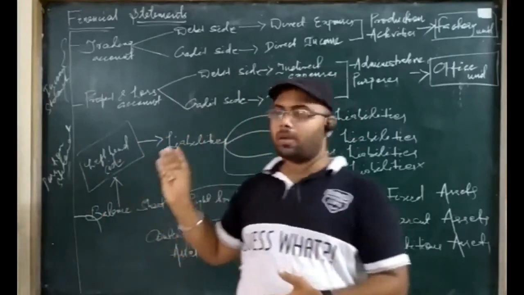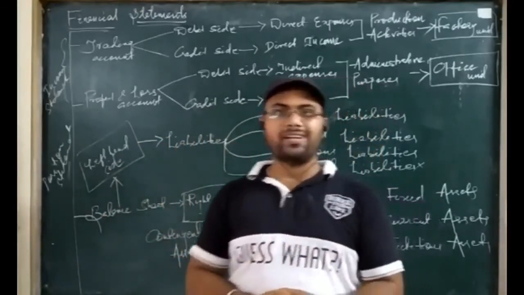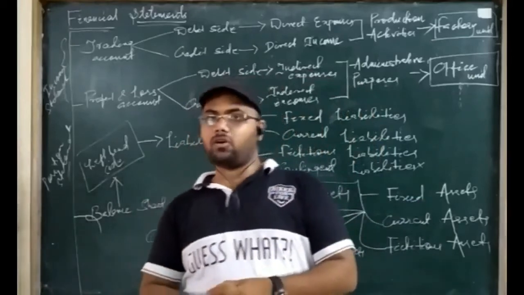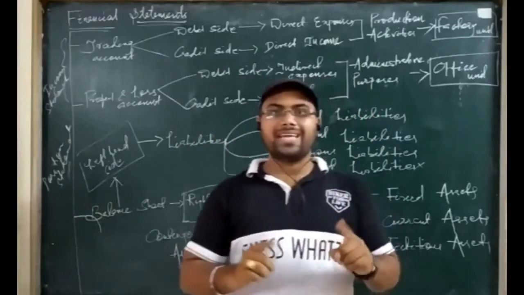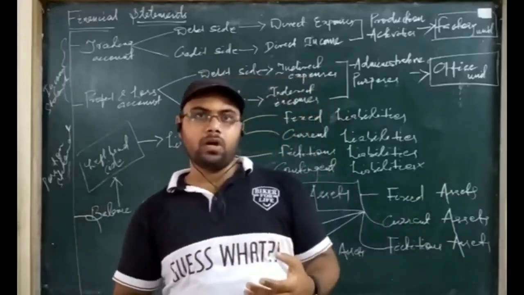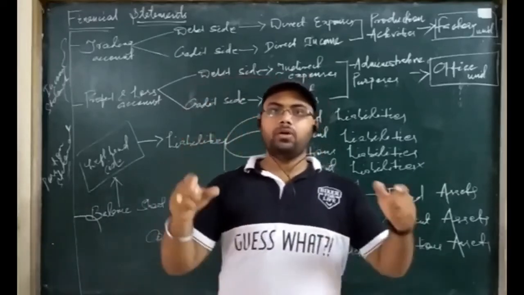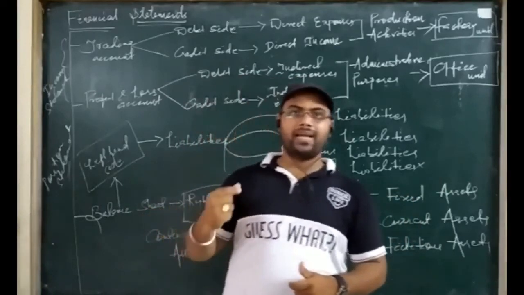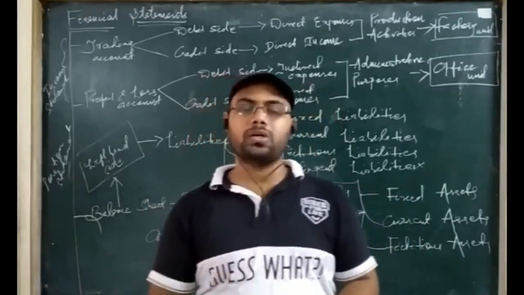Okay, so this is all about the short introduction of the financial statements that you prepare under final account. This will be prepared also under final account with adjustment, but the items or the volume of the transactions will be much higher than in this chapter. So if you have any problem posting transactions in the financial statement, please watch this video. And again, if you have any problem in this too, you can ask me.